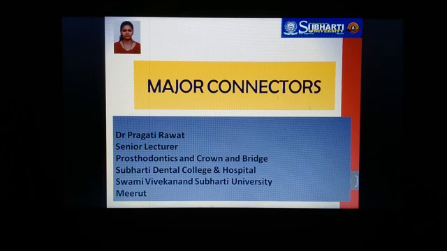So, as the name of the topic suggests, major and connectors. Major means that it is a component which occupies the most part, and connectors means it is going to connect some part of the prosthesis to other parts of the prosthesis. So to begin with,